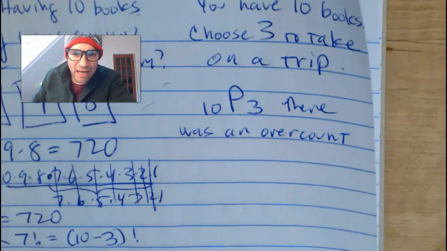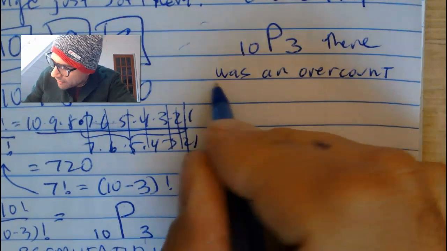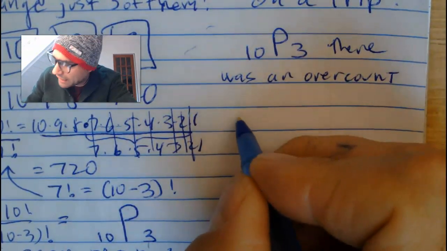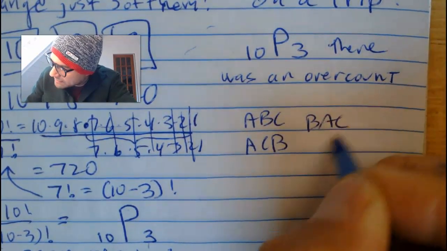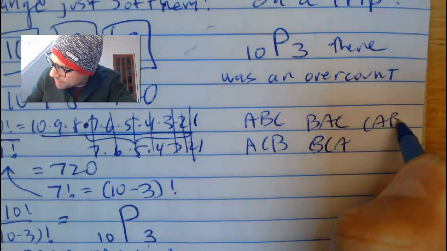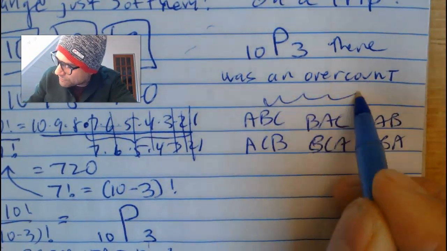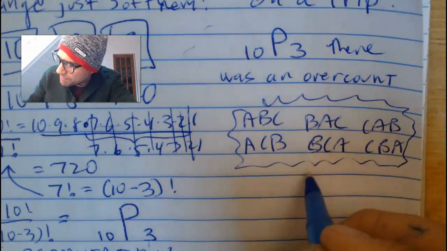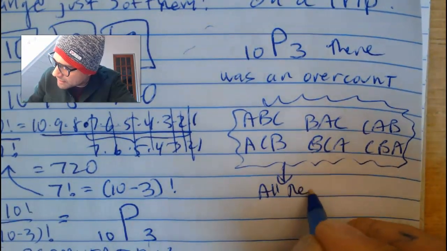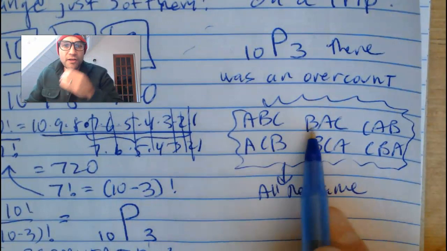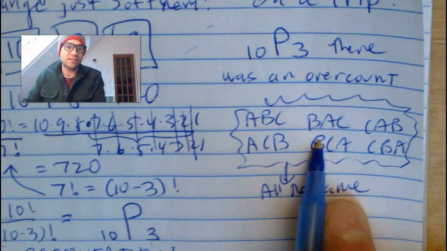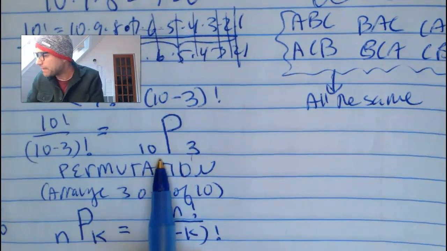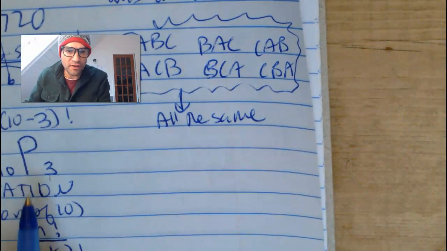If we're considering just grabbing, what do I mean? Suppose I did all the ways that I could grab the first 3 books. Permutation will count taking A, B, C, or A, C, B, or B, A, C, or B, C, A, or C, A, B, or C, B, A. It will count these as 6 different groups. But these are all the same. And all the arrangements of these 3 books are counted. So since these 6 arrangements are counted 6 times over here, we basically have an overcount,